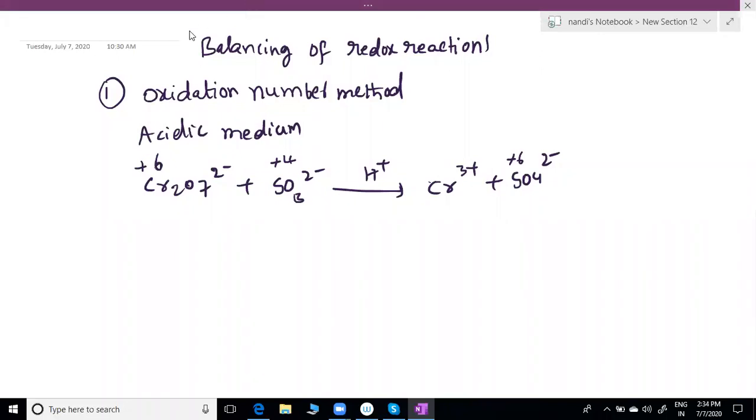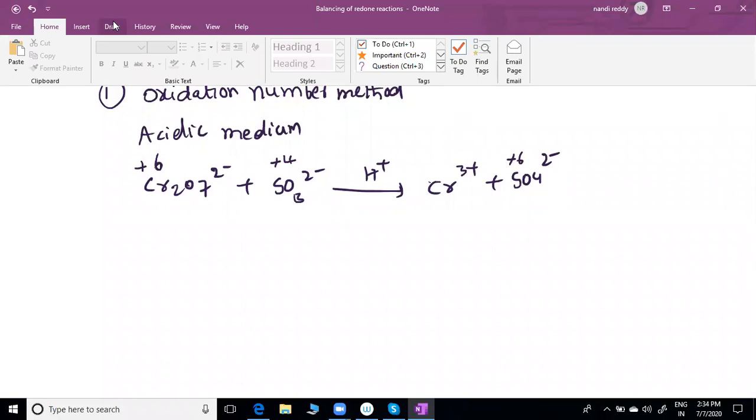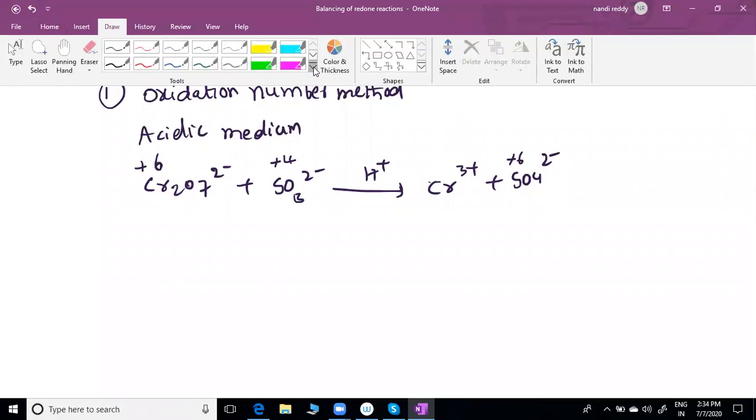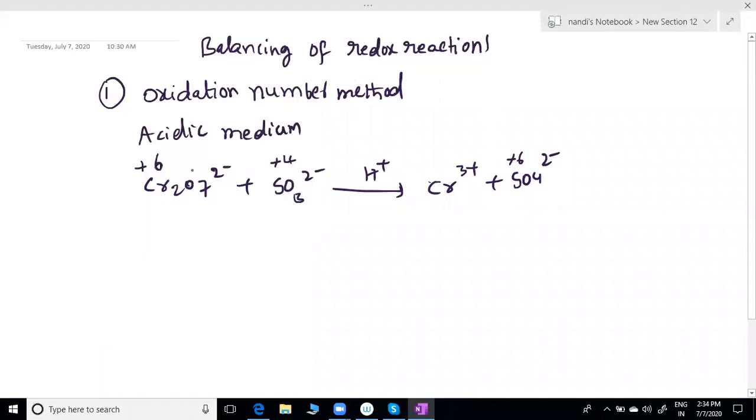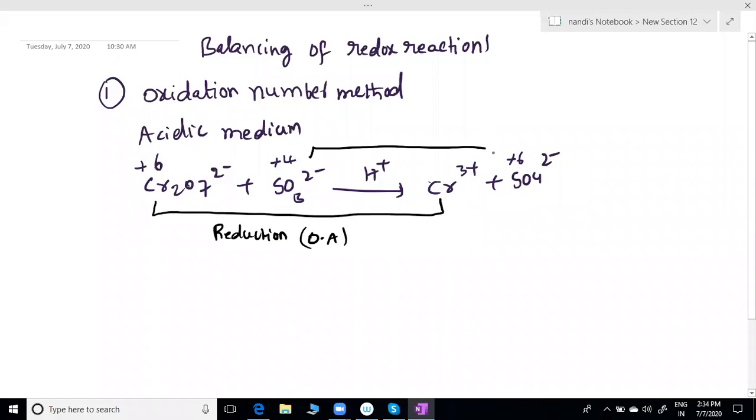Now can you find out where oxidation occurs and where reduction occurs here? I have even given which can act as oxidizing agent and which can act as reducing agent very clearly. You know the list of oxidizing agents and the list of reducing agents. This undergoes reduction. Reduction means oxidizing agent. Plus 4 to plus 6 is loss of electrons. That we call oxidation, and it acts as reducing agent.